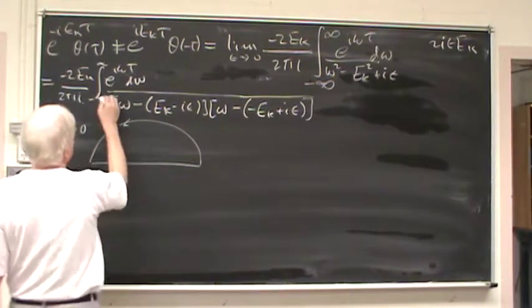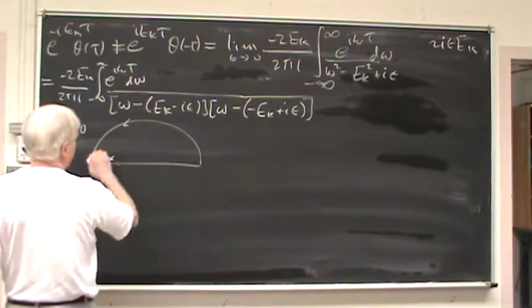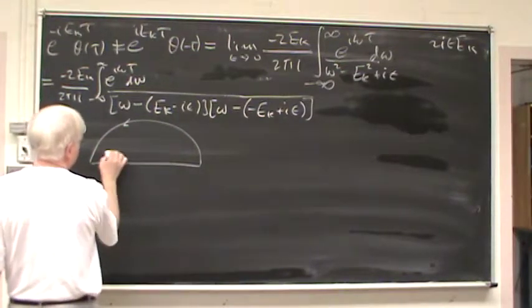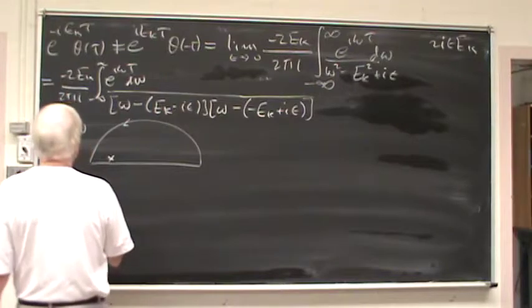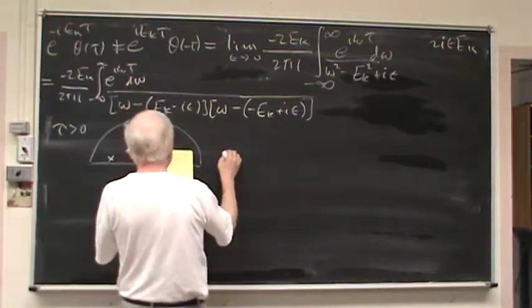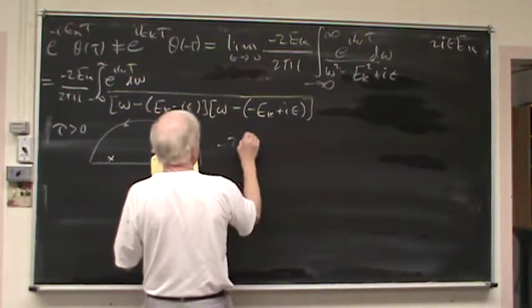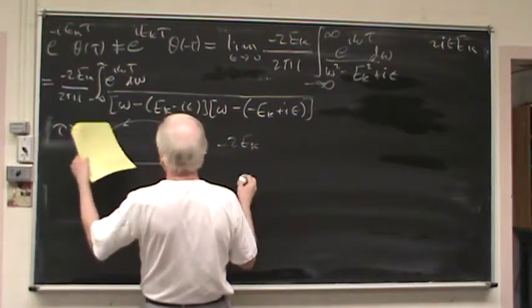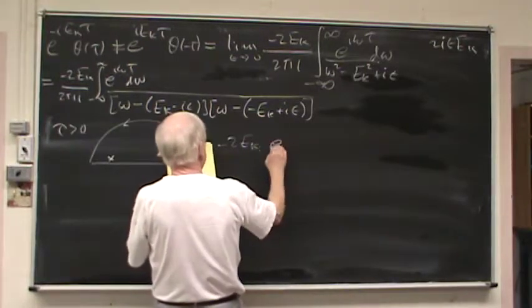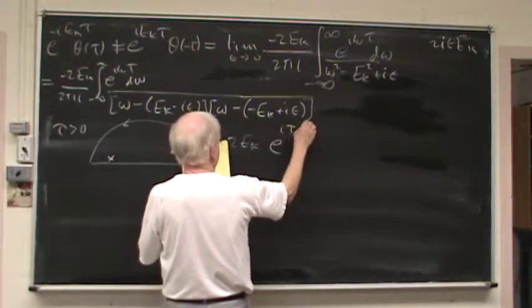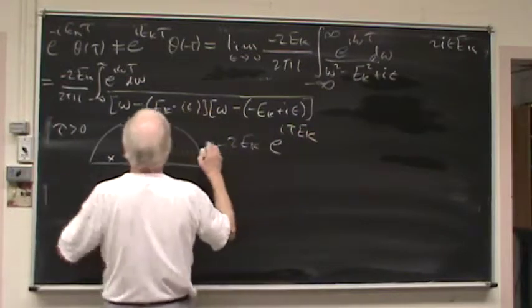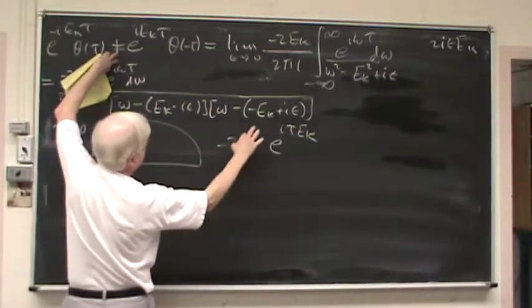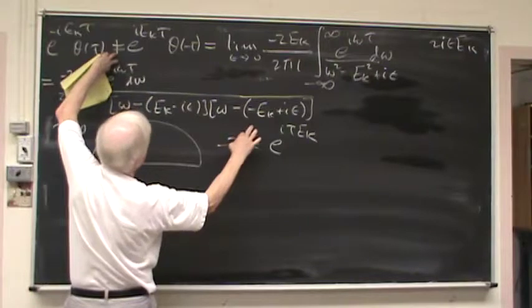We add the ghost contour, and this is a contour around this point, and so this gives us minus 2ek, there's the 2 pi i, and then there's the e to the i tau ek. In other words, omega gets replaced by